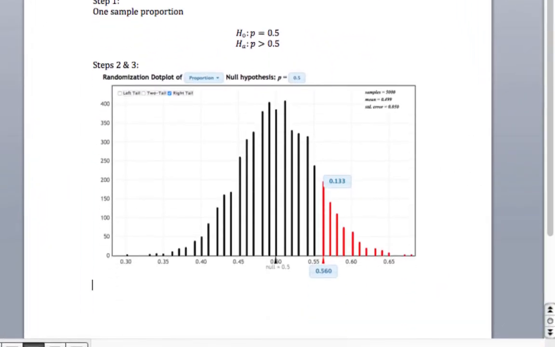Output without explanation is never sufficient, so we should always write something to the effect of the p-value is 0.133, so that it's clear that we know which one of the values from this distribution plot is our p-value. In step 4, we're going to make a decision to reject or fail to reject the null hypothesis. Our p-value is 0.133, and that is greater than the standard alpha level of 0.05, so we fail to reject the null hypothesis. This means that there is not evidence that p is greater than 0.5,